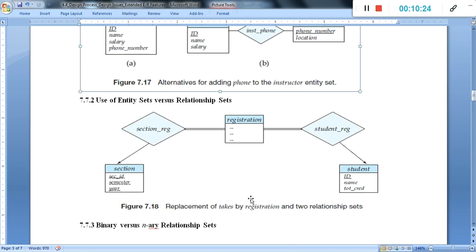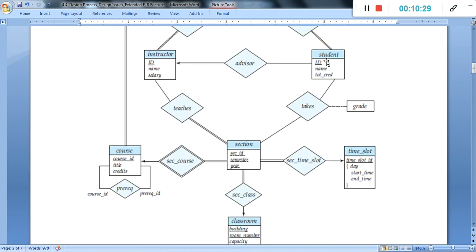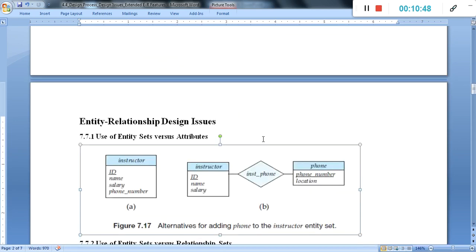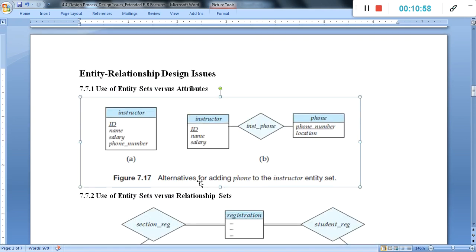Replacement of the task by registration means, if we look at this diagram, the student relates with the task and it comes with a particular session, but we replace this text, sorry, not a task, it's text, student takes a session, and we replace that text with some registration action. Replace the text by registration and two relationship sets, that is simply the student registration.